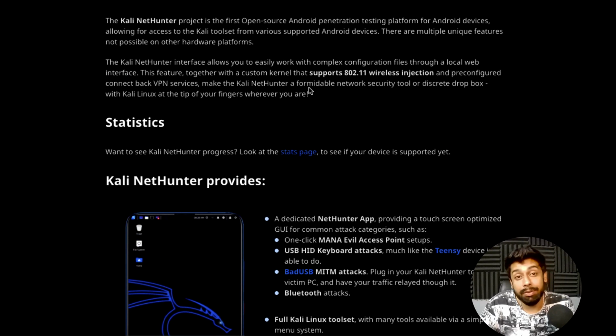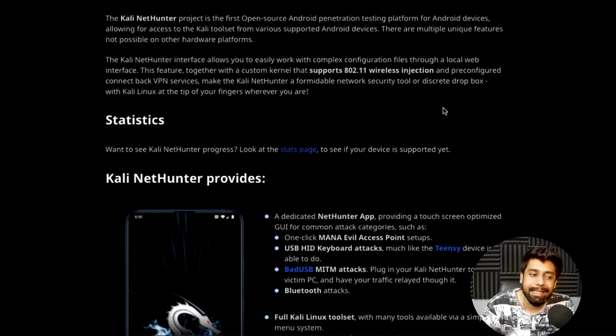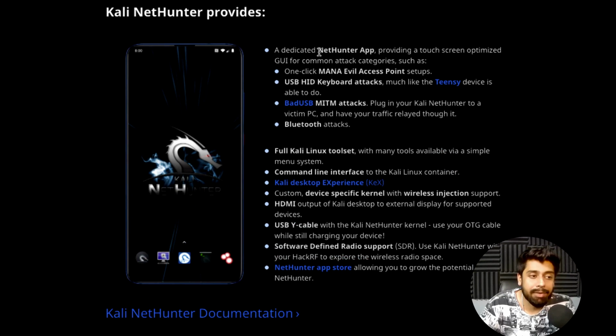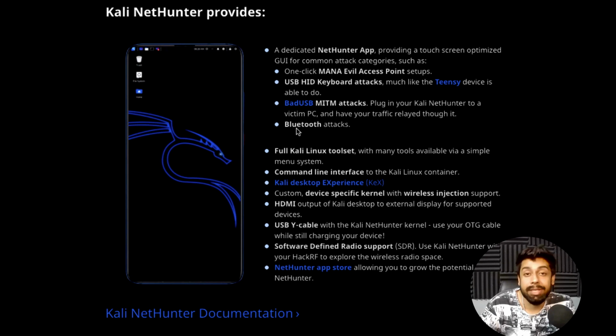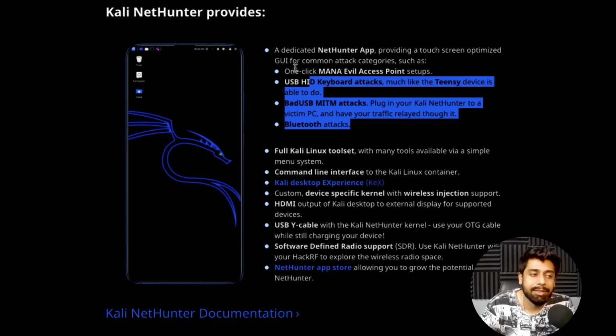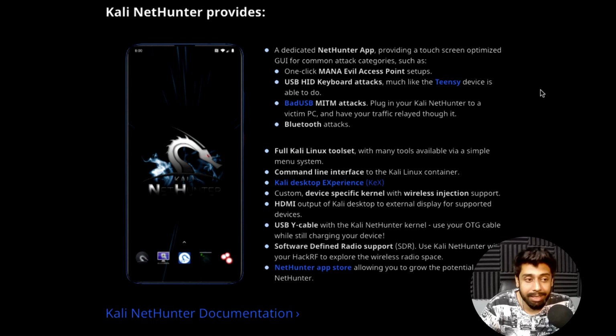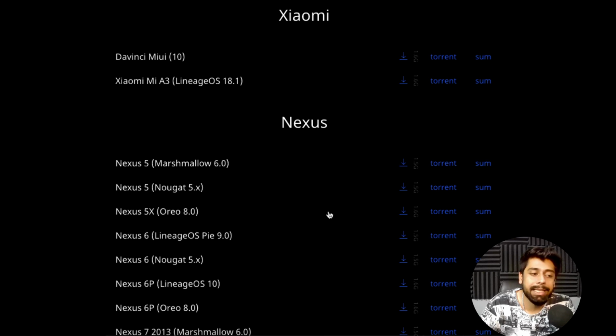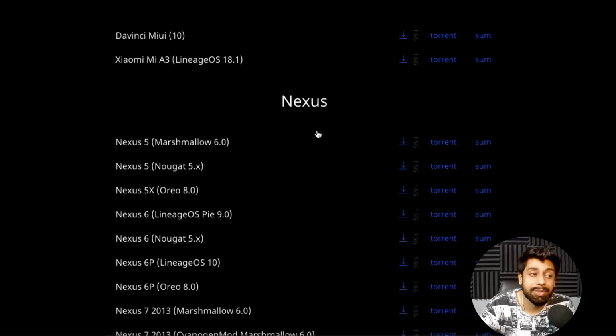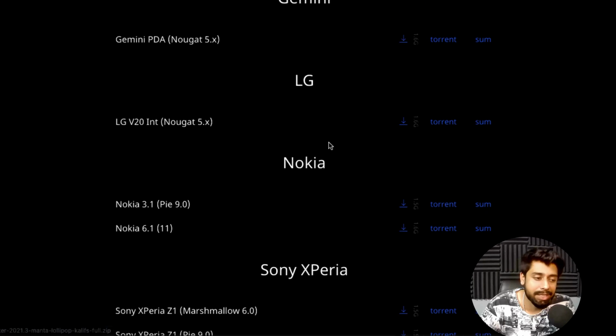And it is also available for mobile phones these days, but it is available via the NetHunter app, and I do not recommend using Kali Linux on your mobile phones, because that is not going to make you a professional ethical hacker. And I'm really happy to see the wide range again, like it is all available for OnePlus, Xiaomi, Nexus. But one thought that keeps me worrying is that mobile phones are not as powerful as your systems are. So definitely it is never a good approach to get started with the mobile installation.